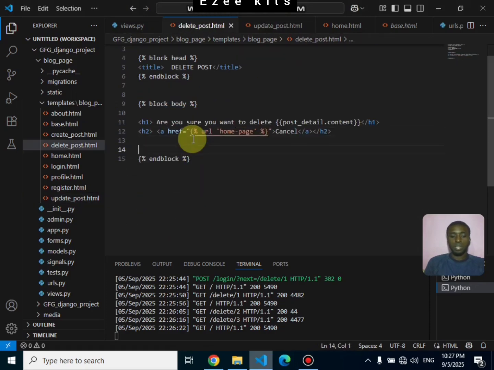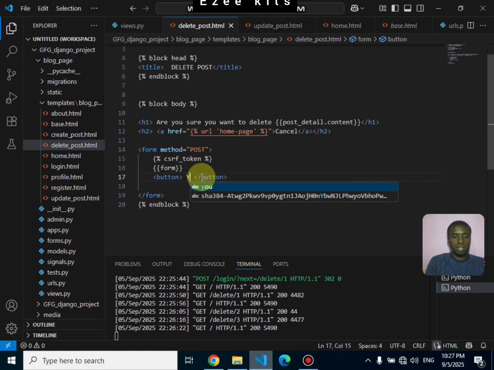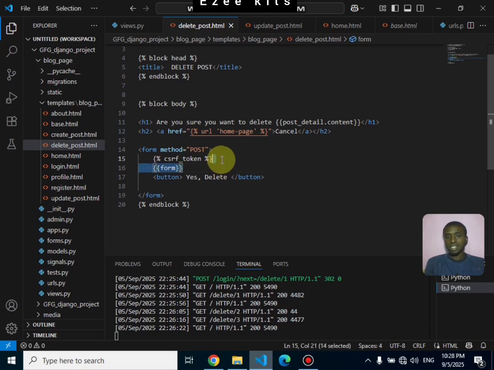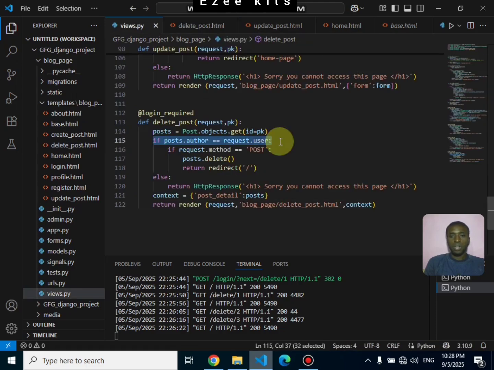Now I'm going to paste it under there, with a button that says "Yes, delete." If you click on this Yes delete, what is one actually sending? Once you click on this button, it's going to trigger this post method, and then our delete post. If you are the current author, the current user that's logged in, and